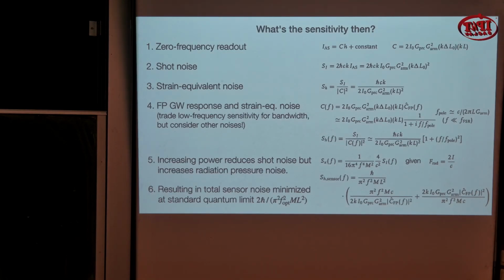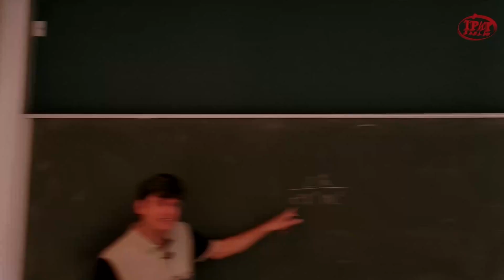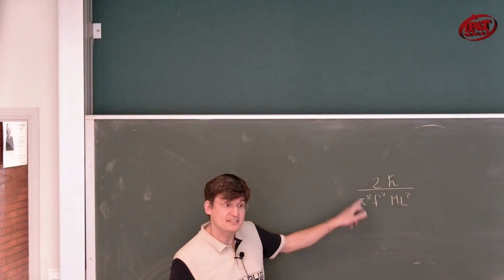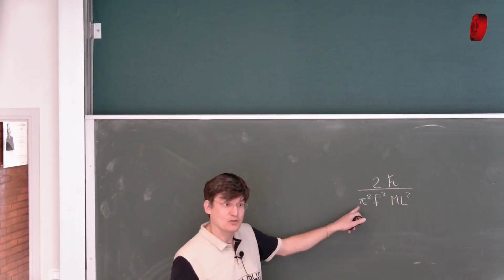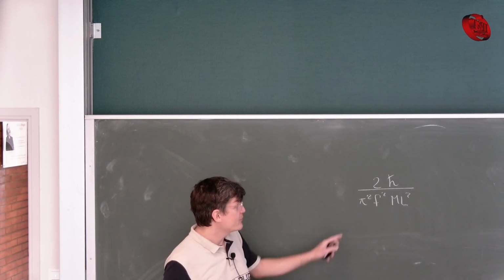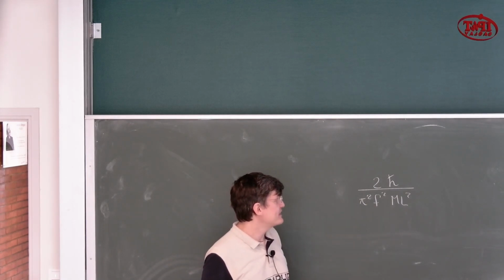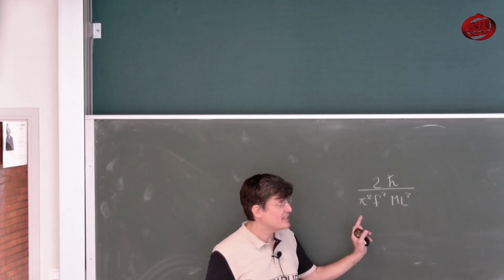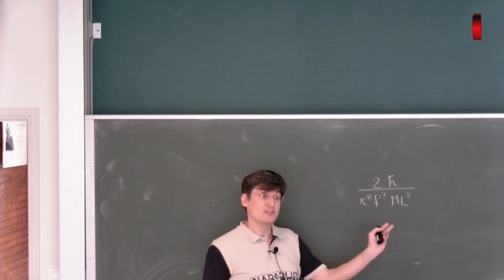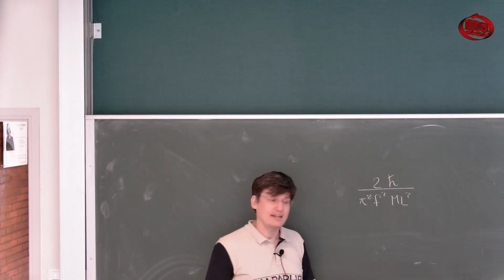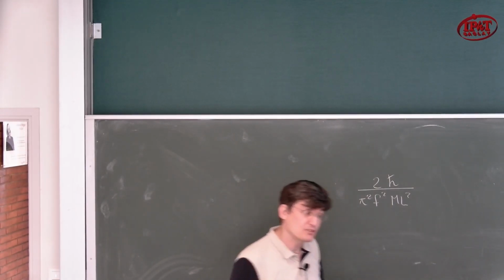So the mass of the interferometer, the effective length of the interferometer, Planck's constant, and that's it. It doesn't have anything about the laser, the power, the optics, all those things. So this can be seen as a fundamental limit on this interferometric scheme that monitors the position